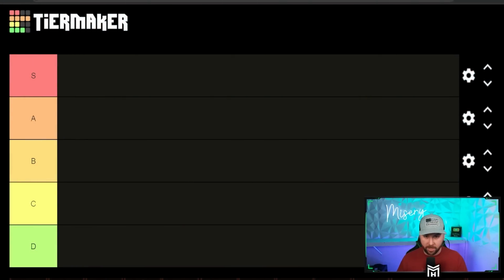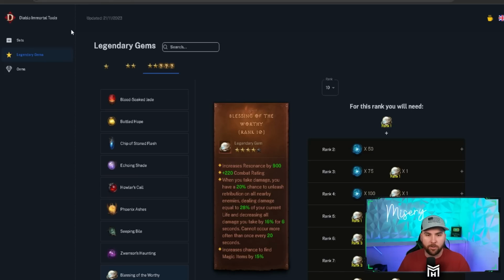list for 5-star legendary gems. I get a request for this at least once a day in my YouTube comments, and well, it's finally time for me to do it, and we're going to make sure we do it right this time, and I'll show you why. So we're going to be using Tier List Maker, which is something I always use, but we're also going to be using the brand new Diablo Immortal Tools,